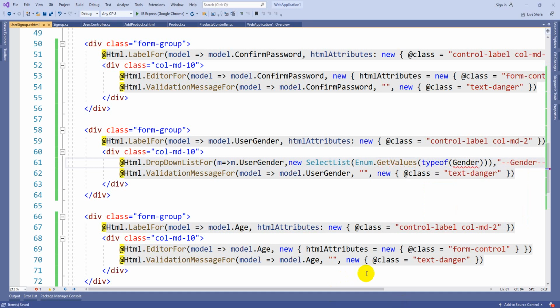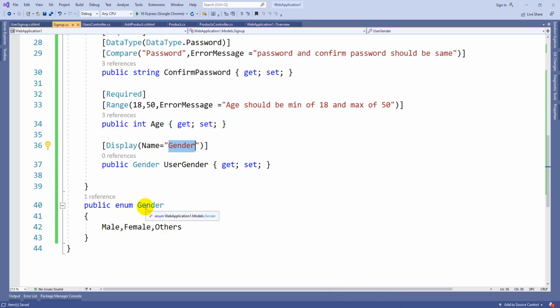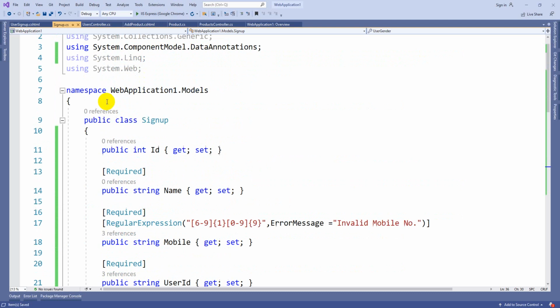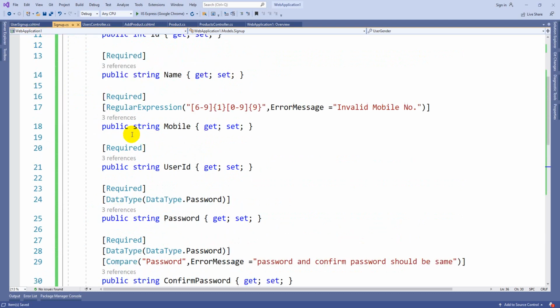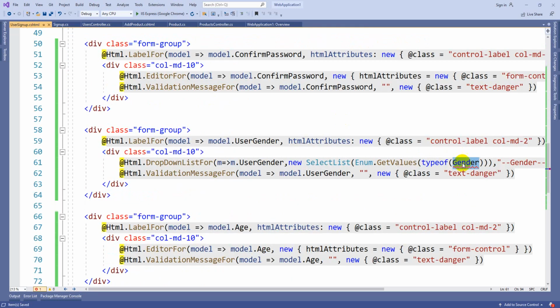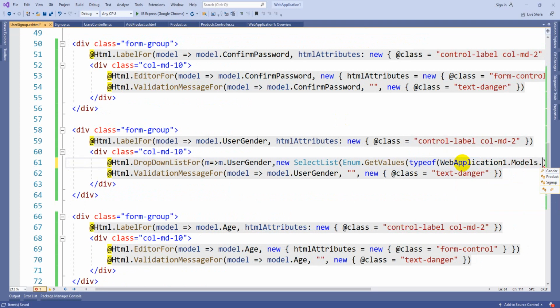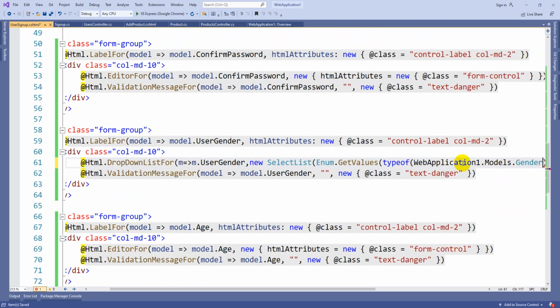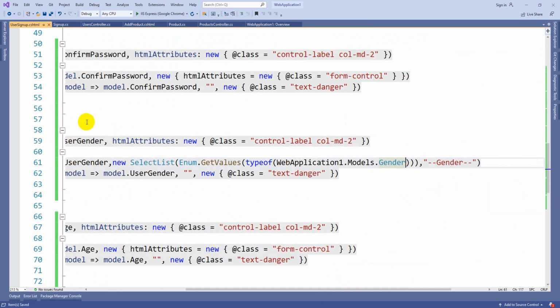Gender is not accessible directly, so what we can do: public enum gender is there under the models folder, right? So let's do one thing, whatever the project name, web application 1 dot models dot, so you can select the enum gender. Now let's execute and check whether it is accessible or not.